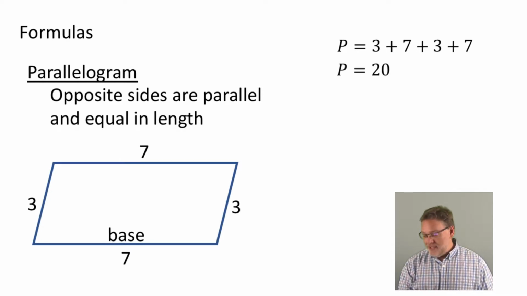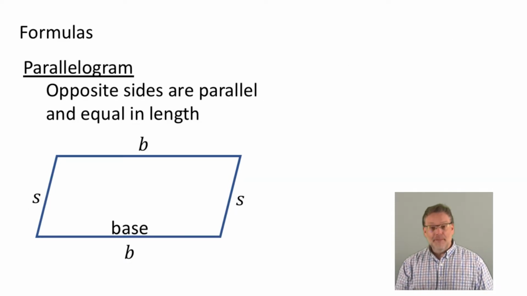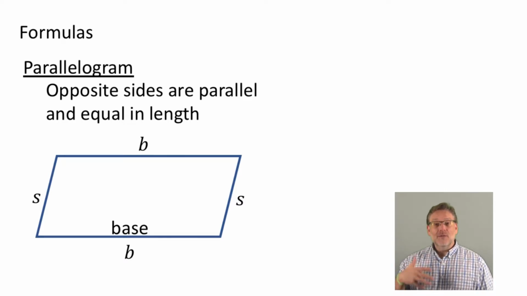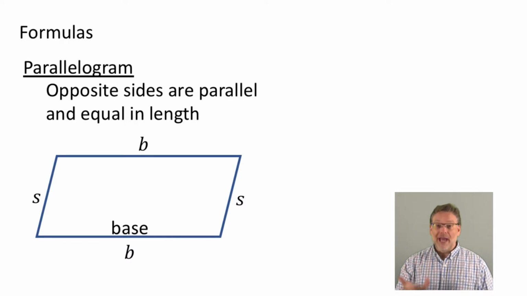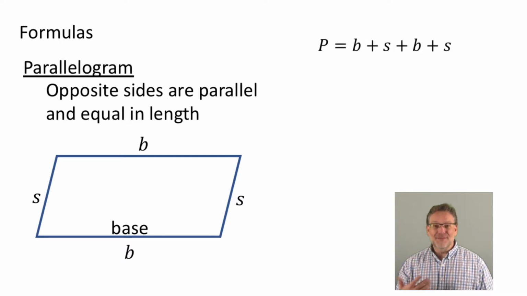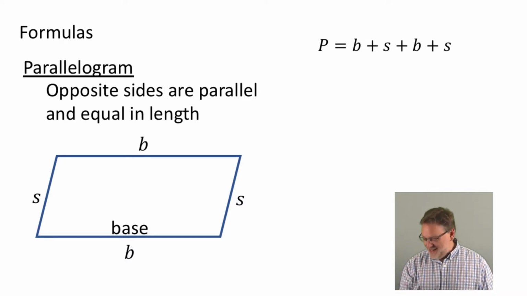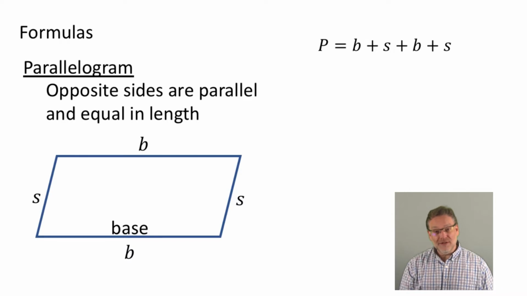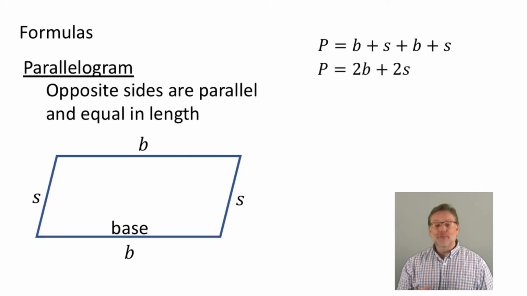But if I label each one of these things with letters instead of numbers, B's for bases, S's for sides, can we describe in a concise formula the pattern that we see here for perimeter? Perimeter here is simply B plus S plus B plus S. Those are letters you can play with. B plus S plus B plus S, or a simpler way of describing it is 2 times B plus 2